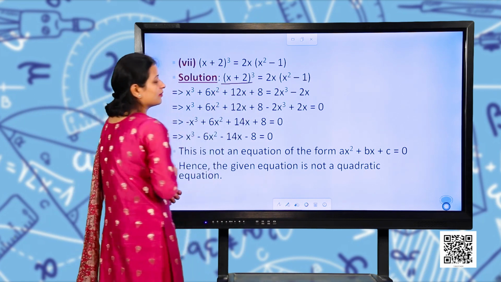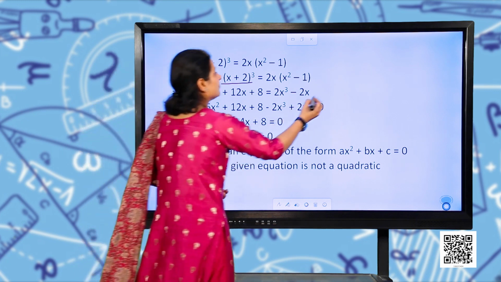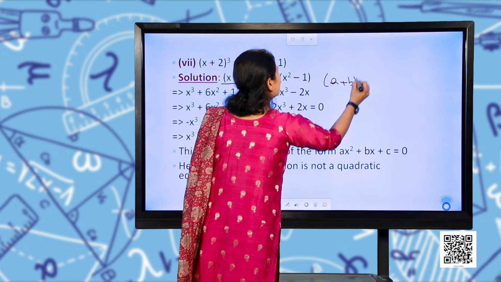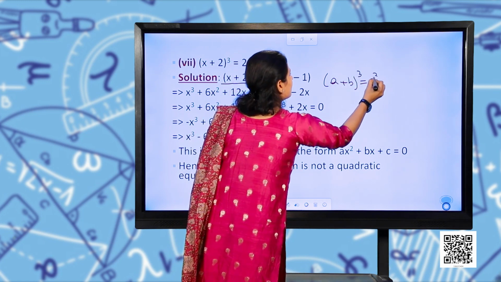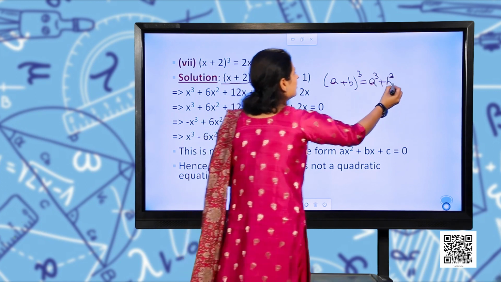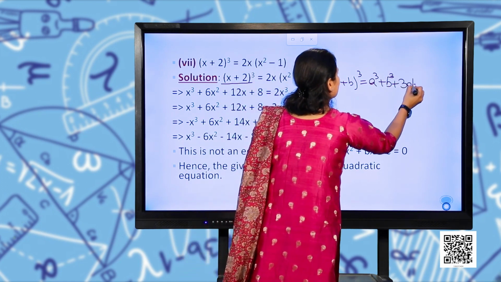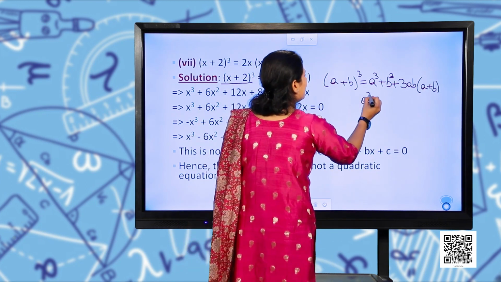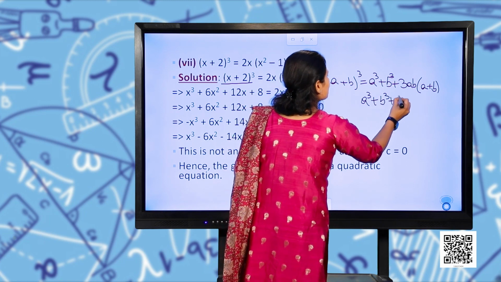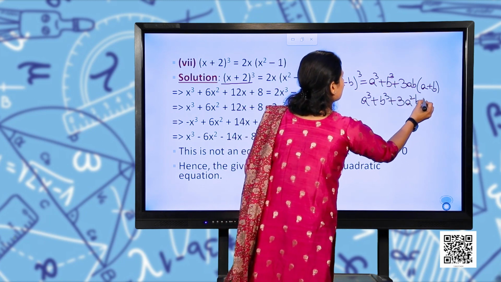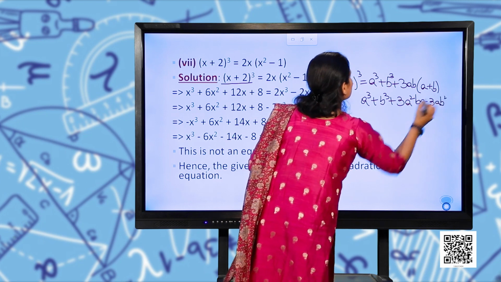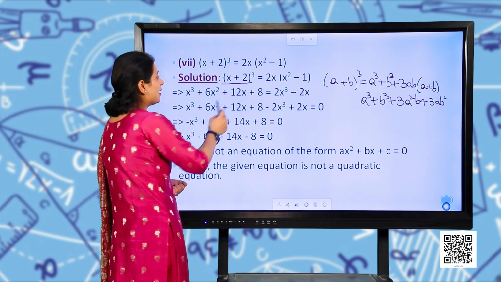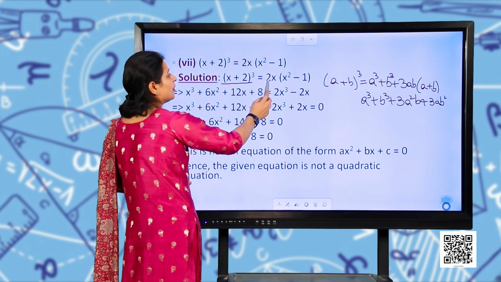How will you open this bracket? By applying the identity (a plus b) whole cube, which is a cube plus b cube plus 3ab into (a plus b), or you can rewrite this as a cube plus b cube plus 3a square b plus 3ab square. So you will get x cube plus 6x square plus 12x plus 8, which is equal to 2x into x